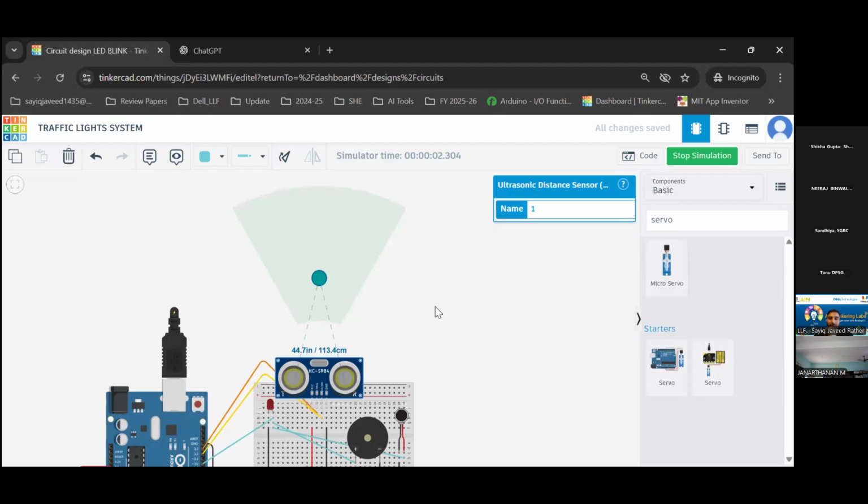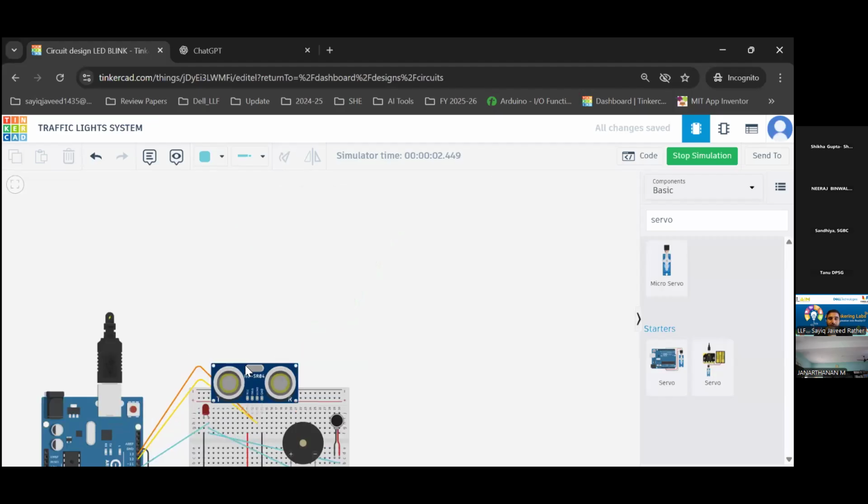Again, in this very particular system, we have put the logic that if this obstacle is less than 70 centimeters, the alarm should go on. Right now, the alarm is off. Why? Because the obstacle is beyond the range. Now, let's try to bring the obstacle below the range. Once it's below the range,